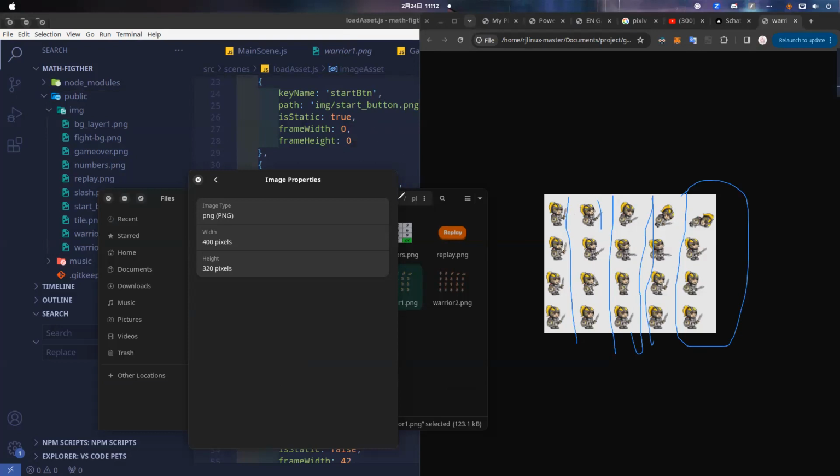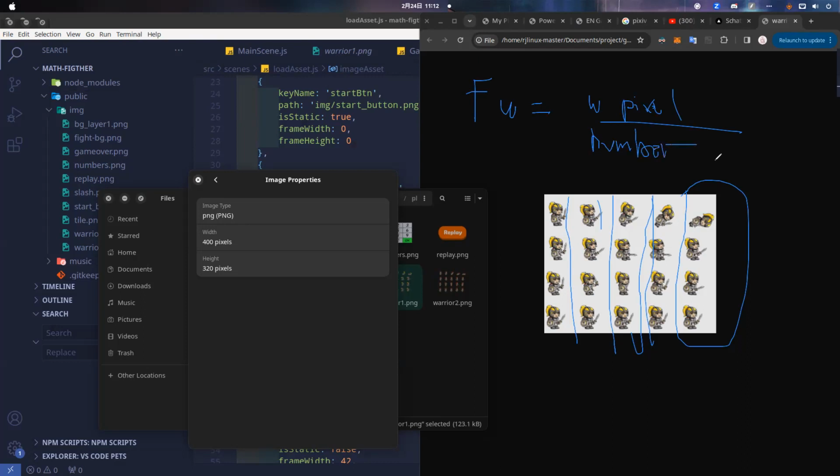How do we know that? Just remember, to find the frame width number, the formula is the width in pixels divided by the number of frames.